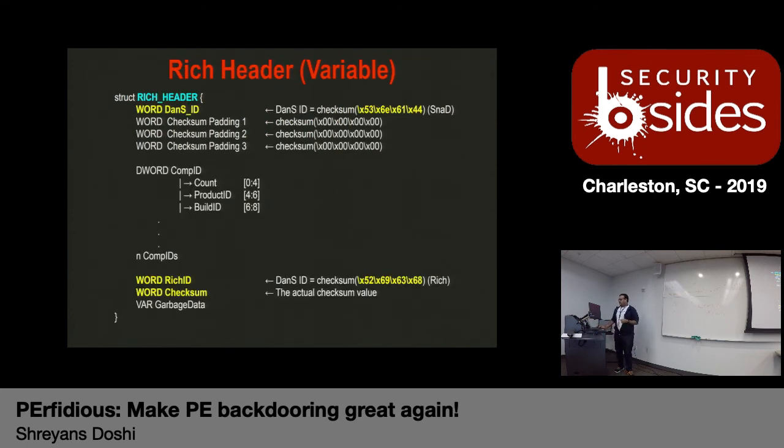Rich header. Now, the Rich header was a previously unknown data structure that was discovered around the 2015-2016 timeframe. This was previously used by Microsoft in order to find various malware groups, because this data structure contains information about the compilers and the linkers that were used to create the PE file, right? So this could be used as a mechanism to develop signatures for various malware groups that were writing malware samples, right? So this is another important data structure that one needs to keep in mind.